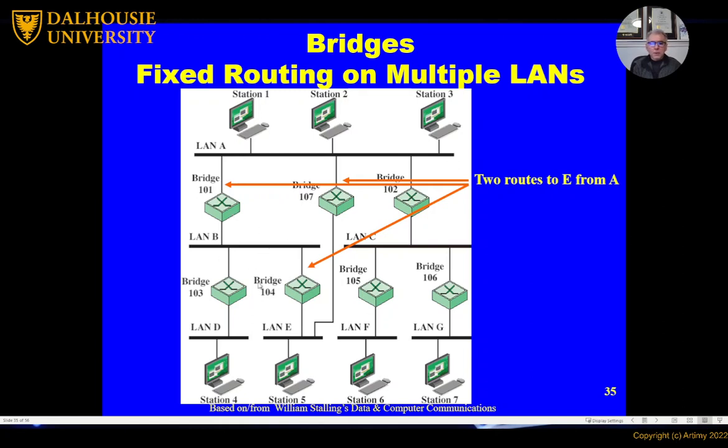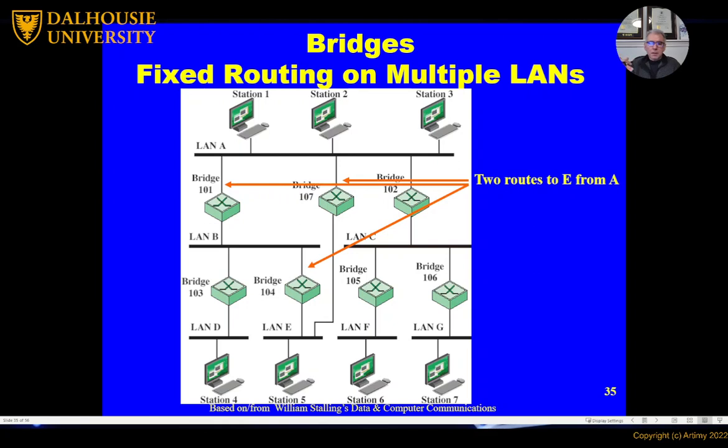And it will continue doing this, sending the packet. So bridge 101 sends the frame to LAN B. Bridges 103 and 104 look at the frame and say, we don't know where the destination is, so we're going to send it to the other ports, LAN D and LAN E, and eventually the destination will receive the frame, right? Because the bridges will flood all of these frames continuously until the destination receives it. So it's a good mechanism.